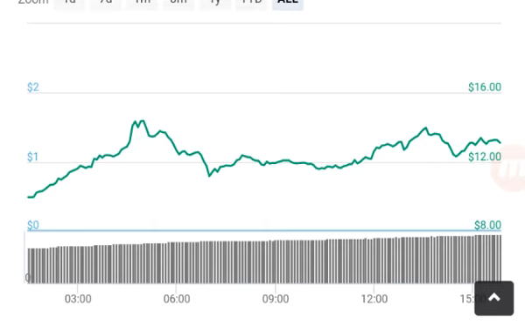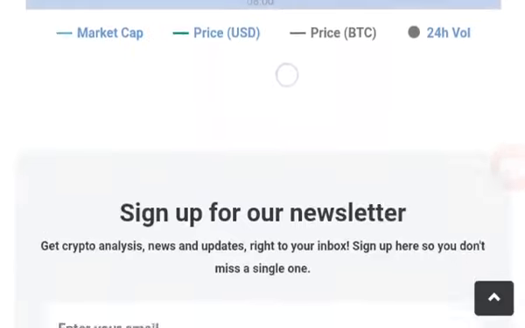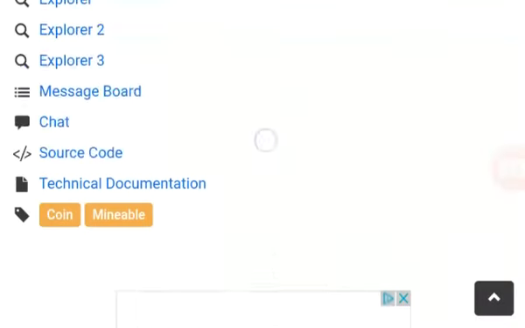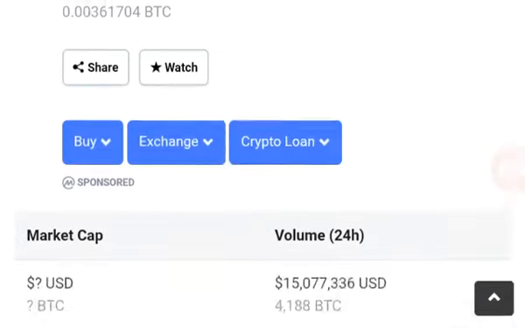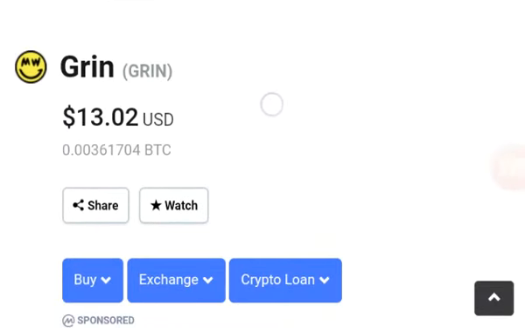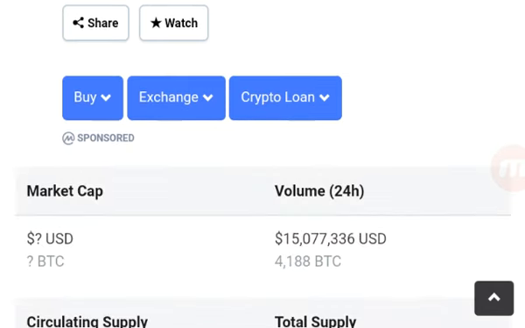Mimblewimble had been worked on for the last few years, and so people were ready to finally test it out. The way this gets achieved is through the issuance of what is here, Grin coin, and there was another one called Beam, which was a little bit sprucier than Grin. It had a little bit more marketing finesse to it, but essentially the same thing. Now, it started trading. So Grin started trading, and it went on.